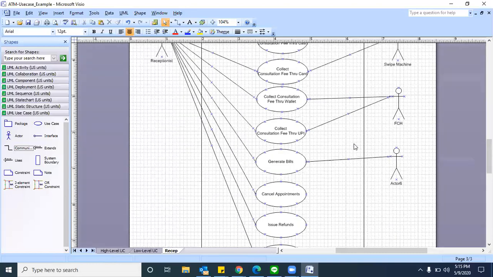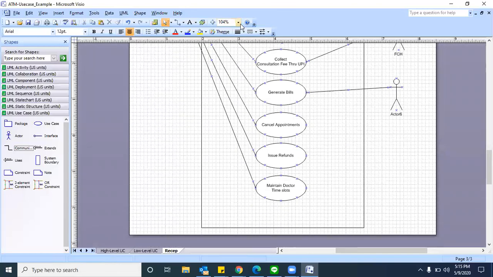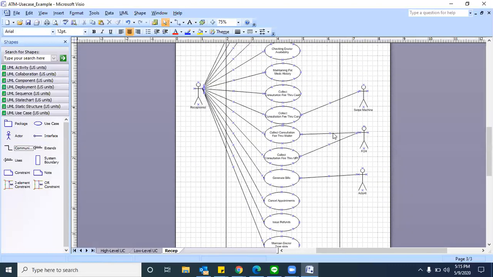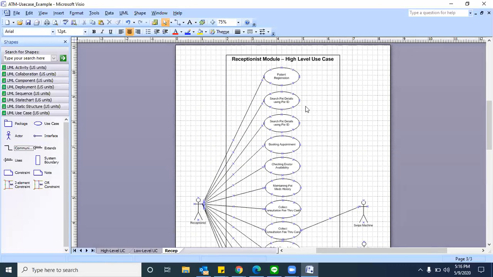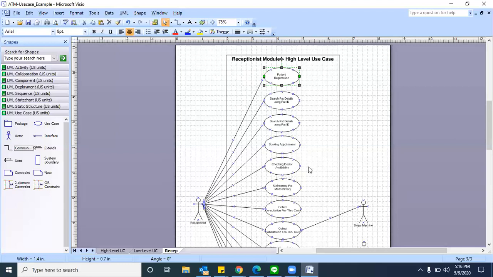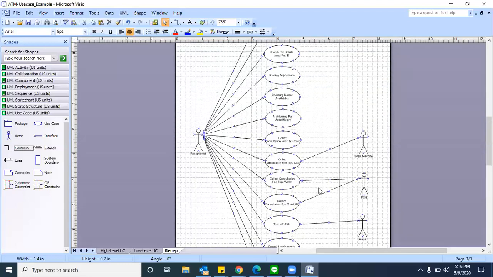Siddiq and Rahman, both of you are clear? Yes, sir. So this is the high level use case diagram. Did you see? Is that clear? Yes, sir. Going forward, for each essential use case we have to write a use case specification. And now let us understand, based on this high level use case diagram, what sort of low level use cases we get.